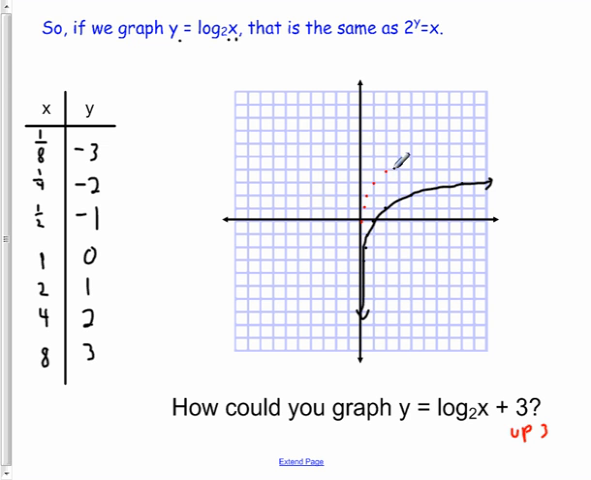So here we go. So this one was 2, 1, so then we go over 2 up 1, and then over 4 up 1. So the graph of y equals log base 2 of x plus 3 would be this red one, and it's also going to have an asymptote line